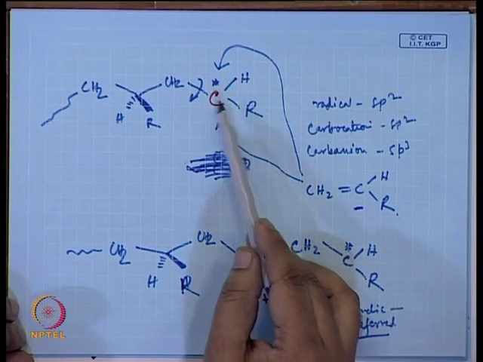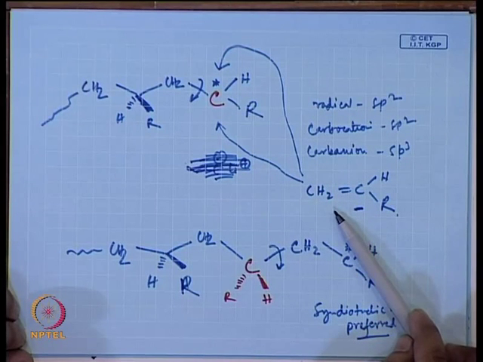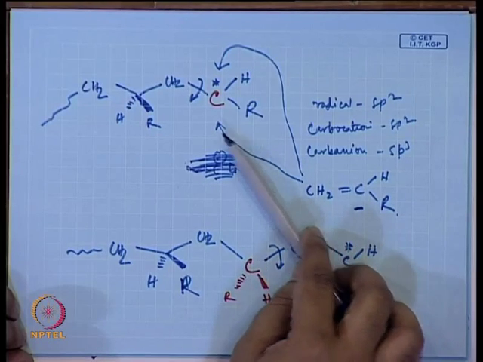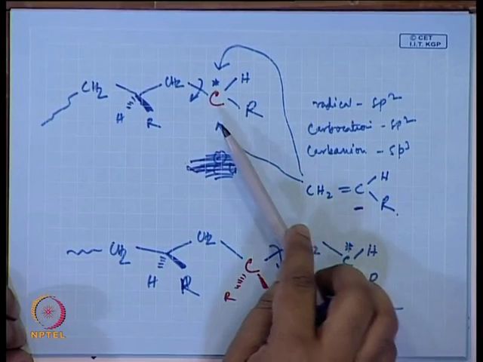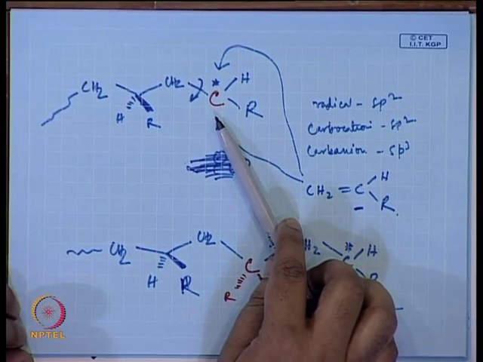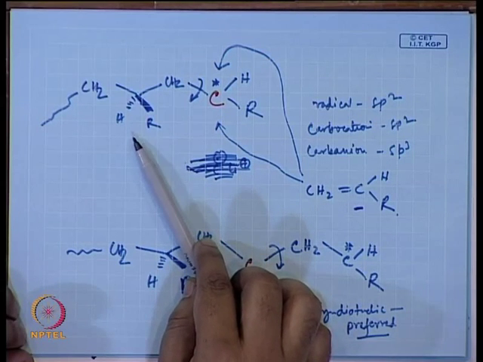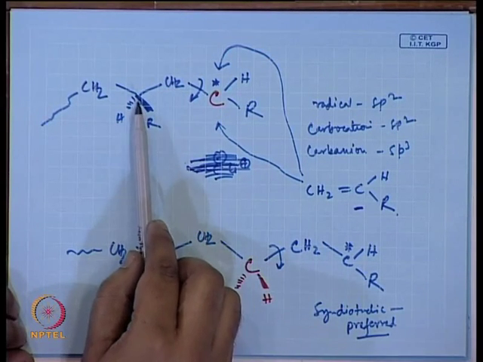This carbon atom is planar, and when the next monomer approaches, it can approach from either side. So, the configuration of this carbon is determined by the configuration of the penultimate carbon, in this case this carbon,